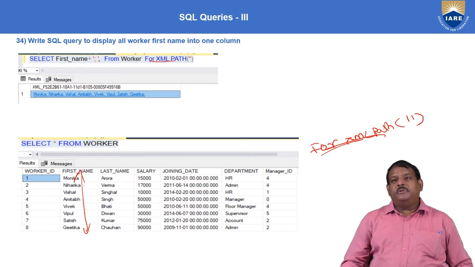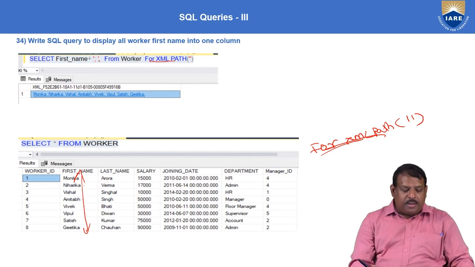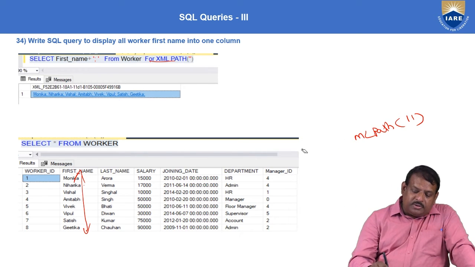If they ask you to display all the students in one column, it is not possible, because every student is in a different row. But here the question is to make it into one column, so I am using the function called FOR XML PATH.